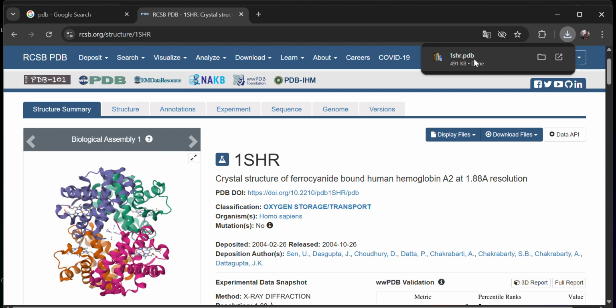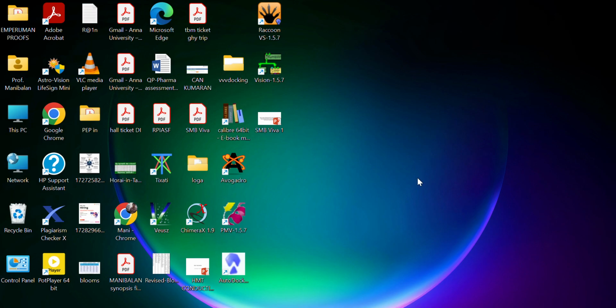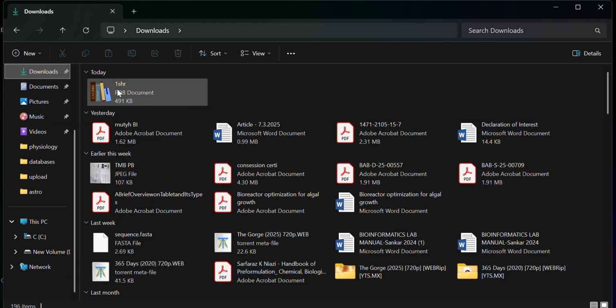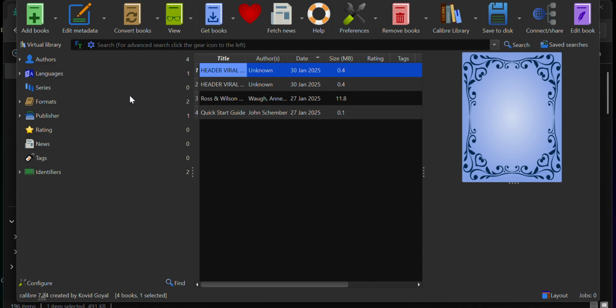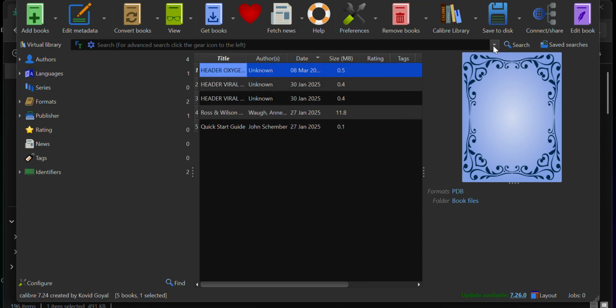See PDB. If we have a viewer already, it will display like that, right? You can find that .pdb. The .pdb files will be opened by using a text editor. Okay, and see that. I will show you downloads. Here today's file is there, right? That is the .pdb document. So I can just open it. It will ask how to open. It cannot read it